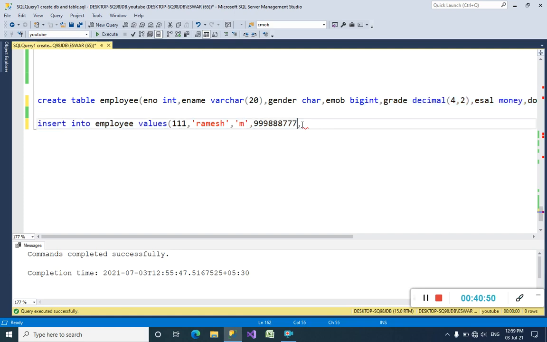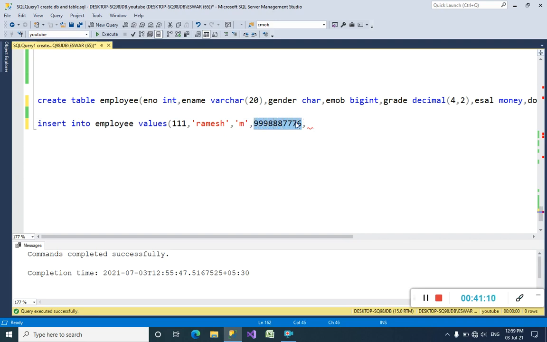I have declared bigint for mobile, right guys? Now we can write bigint or integer, which are numerical data types.